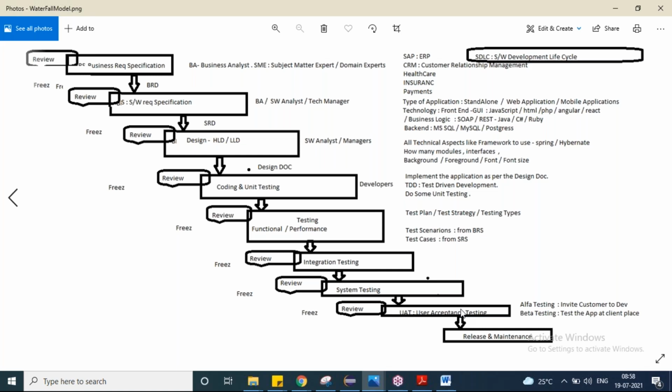It was one stage after the other stage, so we call it a sequential software development life cycle. As it is looking like a waterfall, people are calling it the waterfall model, right? And in this model we have some challenges.